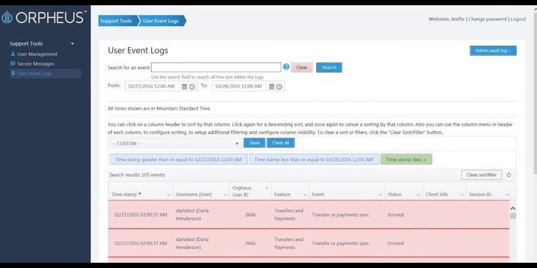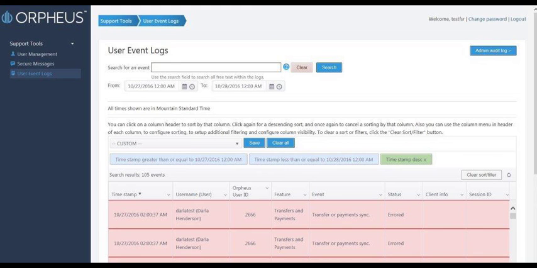Moving on to User Event Logs. You can search for a specific member here. When the info pulls, you can view basic information. If multiple items have pulled in the User Event Log, you can narrow your search by clicking any column and filtering the information. Make sure once you have found and reviewed an event, click the Clear Sort filter to reset